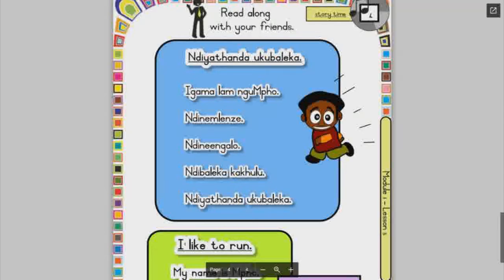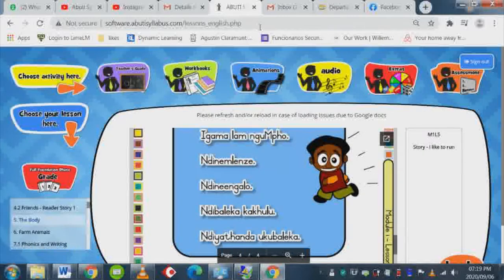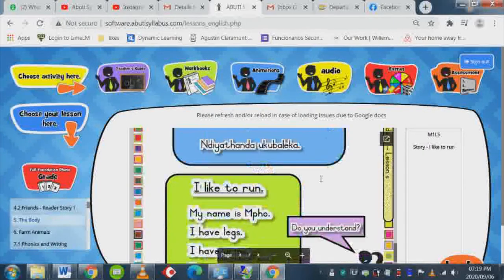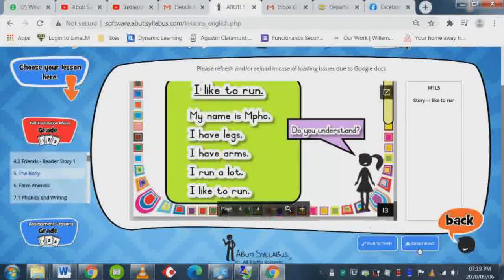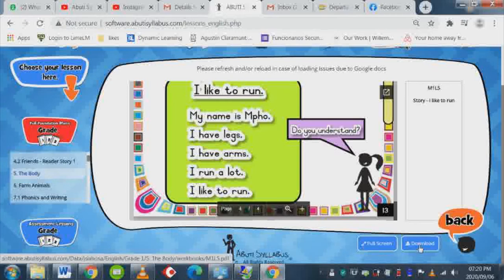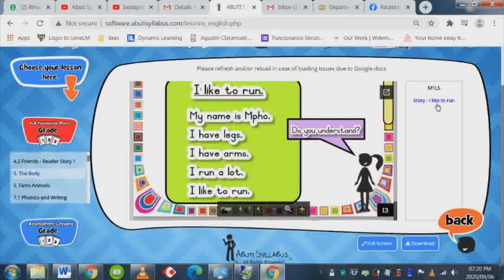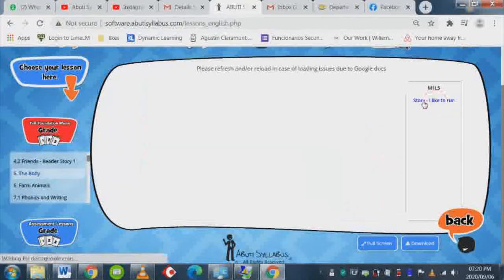So let's do that again. I'll go to the top, and then I can close that full screen. I can also go down and print this page. So I can download this page to my computer and then print it out for the students to use. Easy peasy. I also have a story in this specific lesson, so I can then click on this text that says story